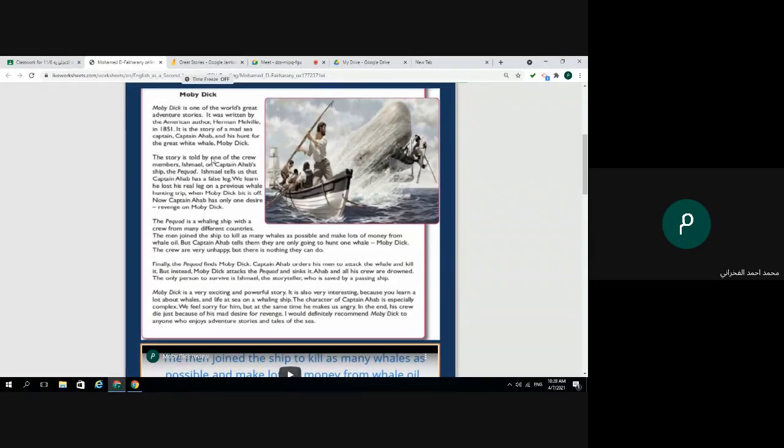You can find in the next paragraph: the story is told by one of the crew members, Ishmael, on Captain Ahab's ship, the Pequod, the name of the ship. Okay. So we have here a person who lost his leg. Who lost his leg?